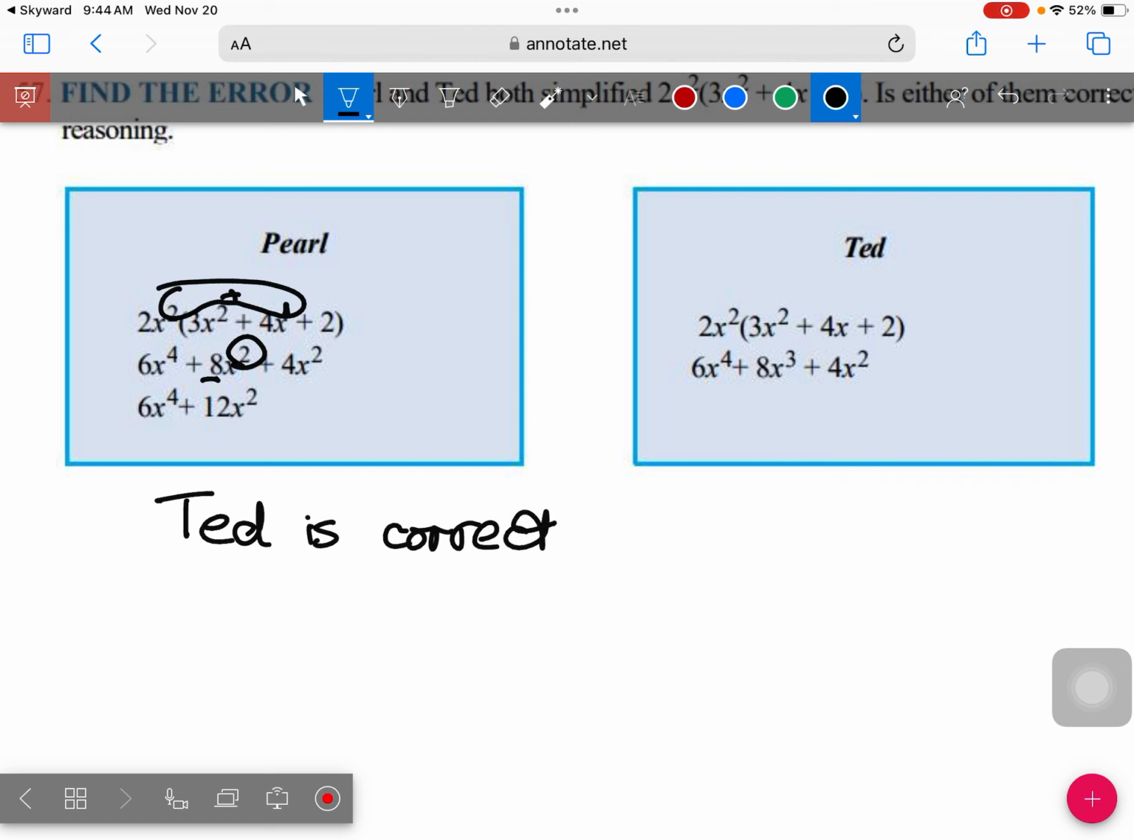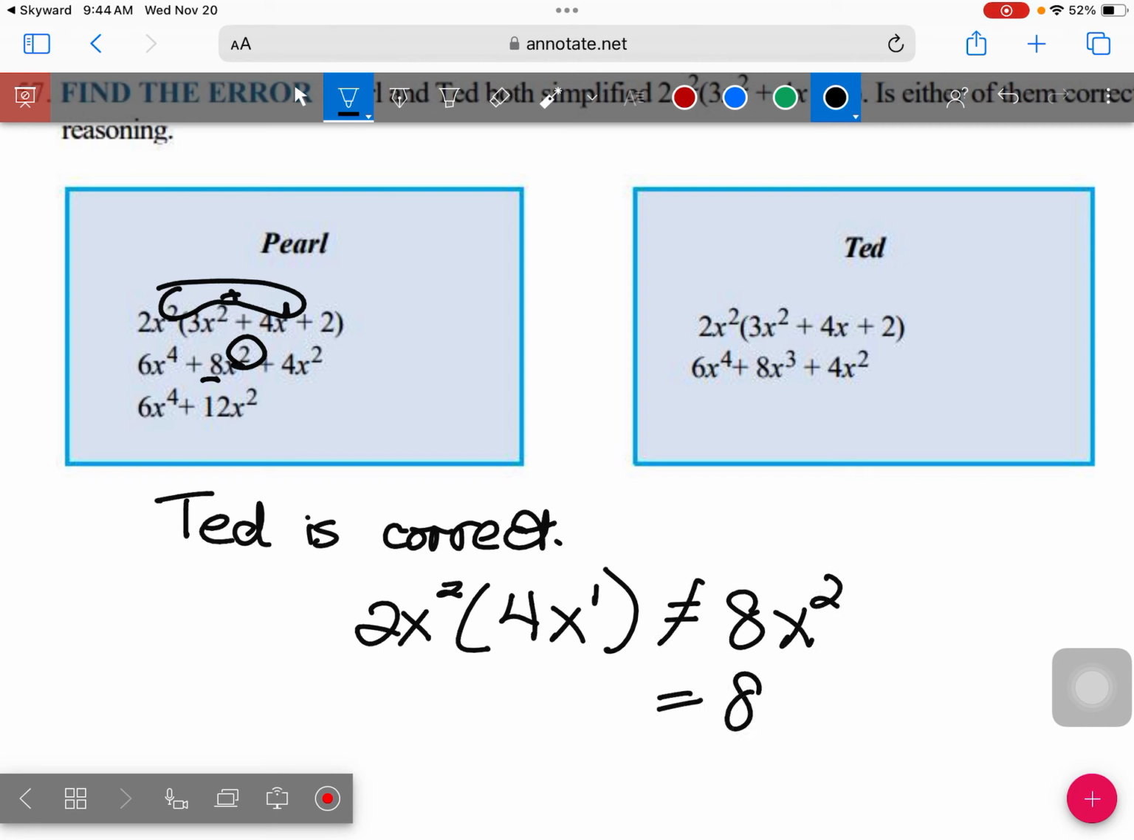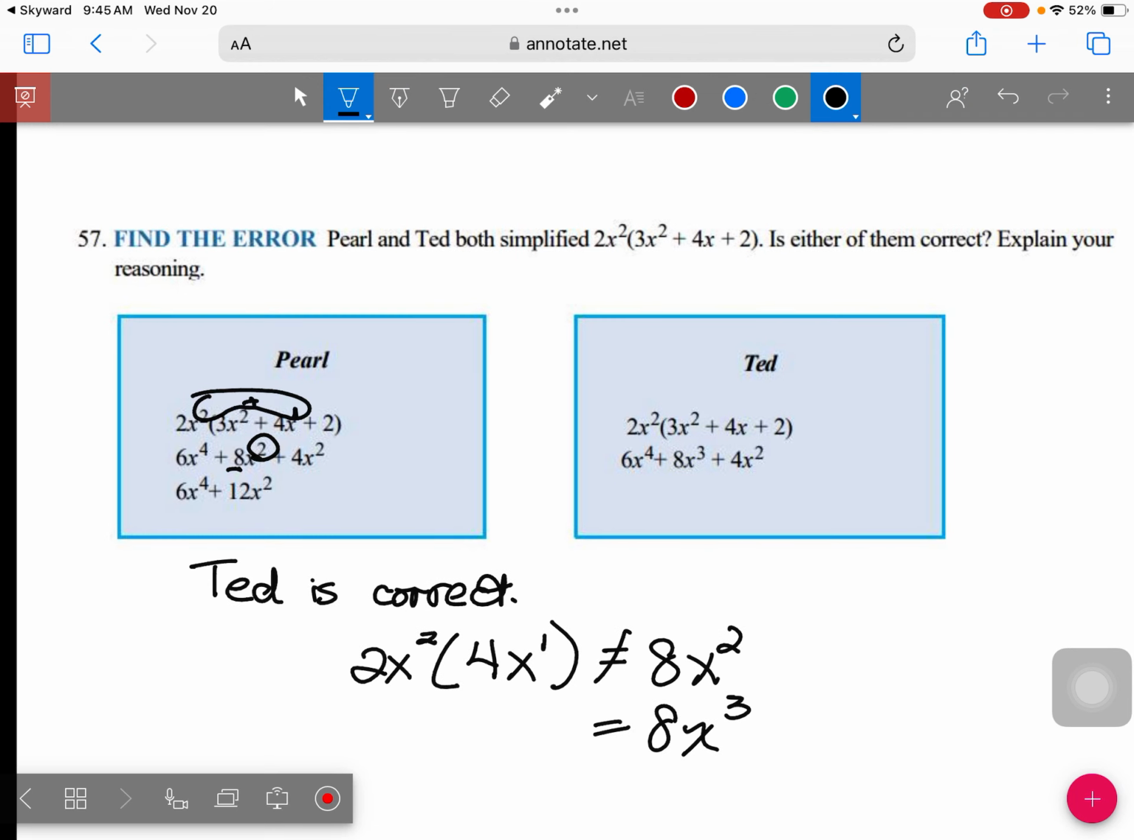And then you should explain what Pearl did incorrectly, okay? And maybe you write it out. 2x to the second times 4x to the first does not equal 8x squared. It should equal 8x to the third, okay? All right. So